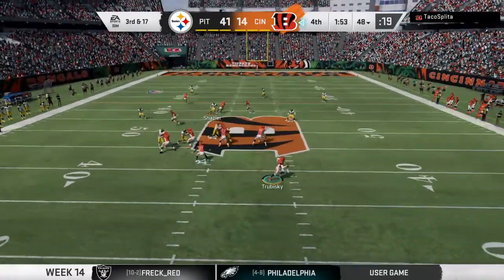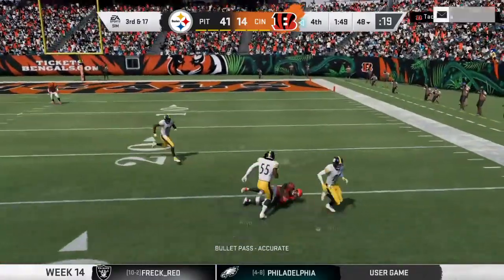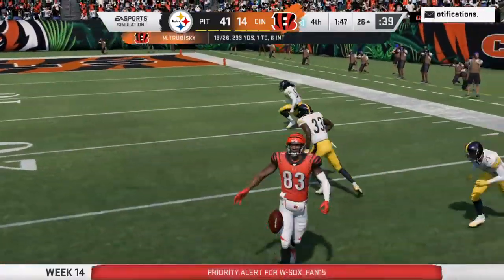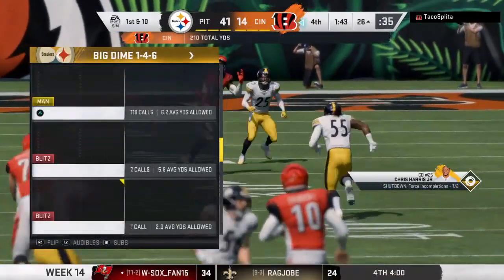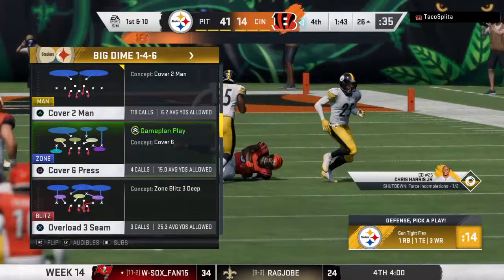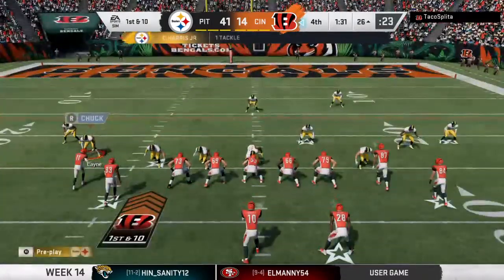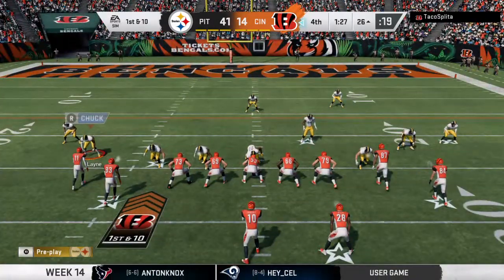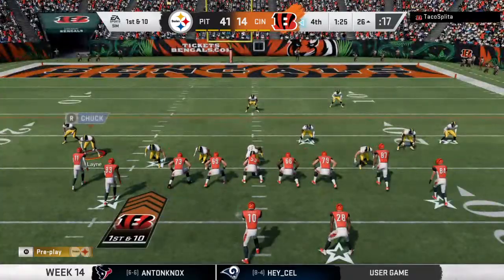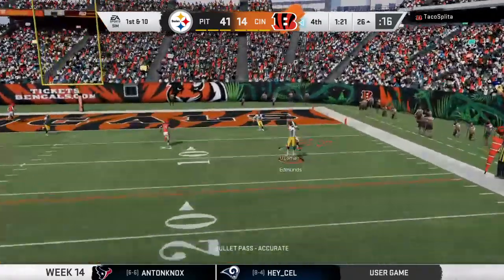Now Trubisky on 3rd and long. Flushed out right. He's got his man, Boyd. A good pickup there, 26 yards. And at this stage, down in the second half, looks like they just wanted to find a way to get it in the hands of their playmaker, and they did. I think you're exactly right. I don't think the coordinator's looking at his play sheet and trying to figure out which play will work well. He's trying to figure out how to get the ball to the playmaker that you just described. Looking down at that sheet, you find...